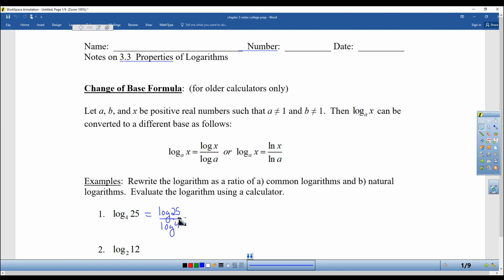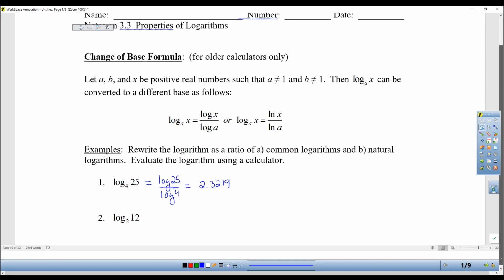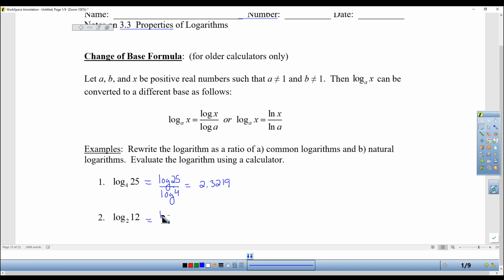And honestly, I actually still do it this way. Partly because I'm from the older calculator generation, but also because it's less keystrokes than finding this button on the calculator, which is inside of a menu. So log of 25 over log of 4, and that gives you 2.3219. It also works for natural log. So if I changed this to natural log of 12 over natural log of 2, that also will work. And that gives you